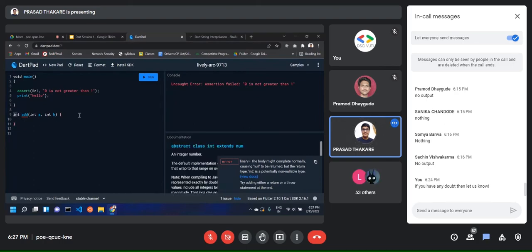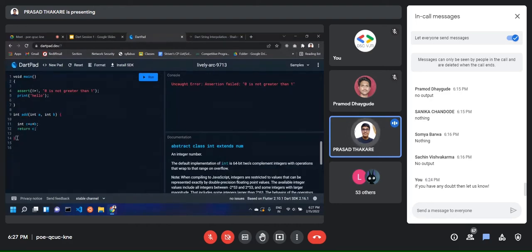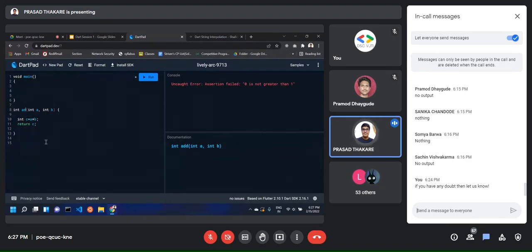So ये हो गया. This is, I have defined a function. Okay. So this is going to return an int. So I can have an int c equals a plus b, and I will return c. तो ये कोड जो है ये कंपाइल तो हो जाएगा, but if I want to execute this code, I'll have